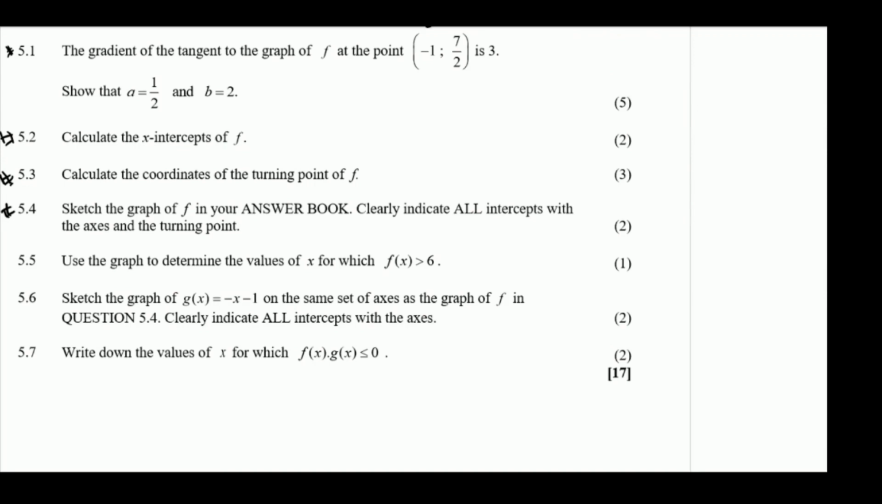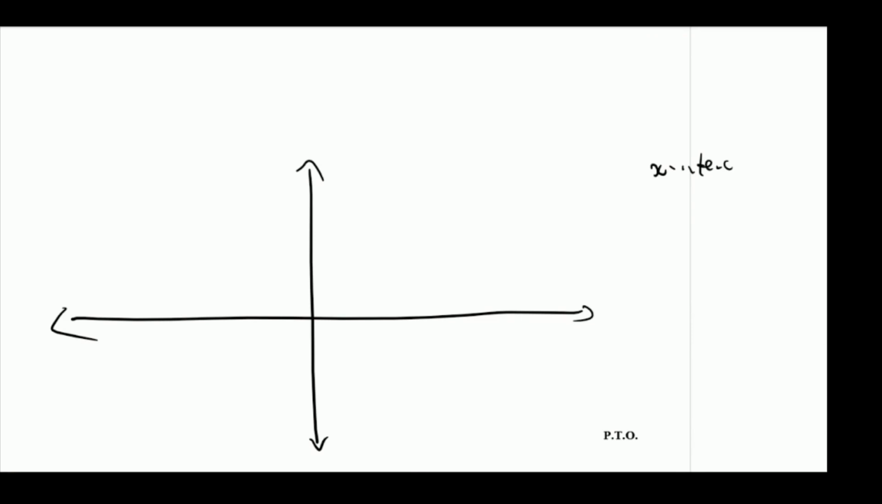So now 5.4, we are asked to sketch the graph of f and show clearly the intercepts and the turning point. So if I were to draw this graph, let me find proper space to draw it. To draw the function, this is the Cartesian plane. And we have our intercepts. So our x-intercepts we calculated in previous questions. We found x being minus 2, y being 0, and x being 6 and y 0. So those are the x-intercepts of the function. When x is 0, we found y being 6, and the turning point we found 2